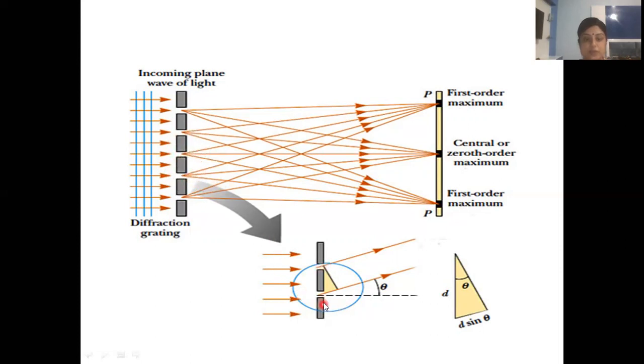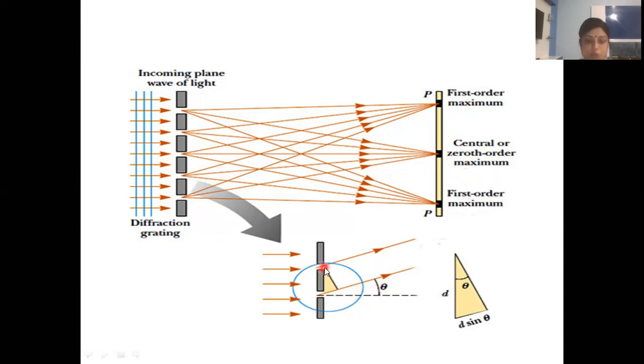So from here, if you calculate, these are two rays. I am just considering only two rays. I want to find the path difference between these two rays. And if this angle is theta, this angle will also be theta. If this is theta, the angle between two lines and the perpendiculars are the same. This angle will also be theta. I have drawn a perpendicular in order to measure the path difference between these two rays. This is ray 1, this is ray 2, and the path difference between these two rays will be this one. If this is theta, this will also be theta.